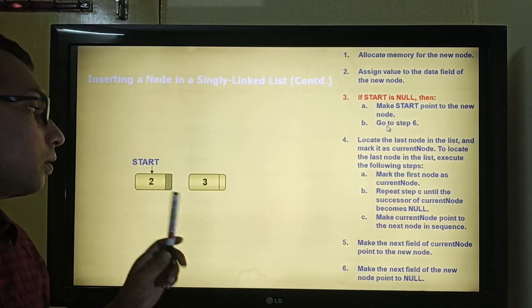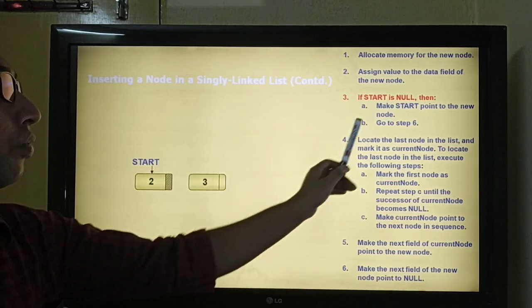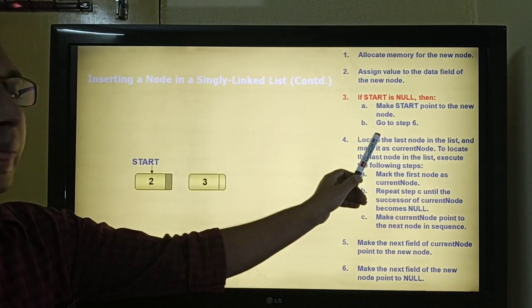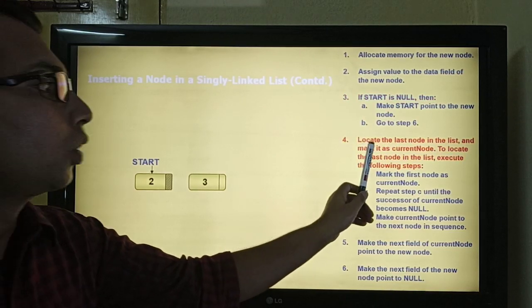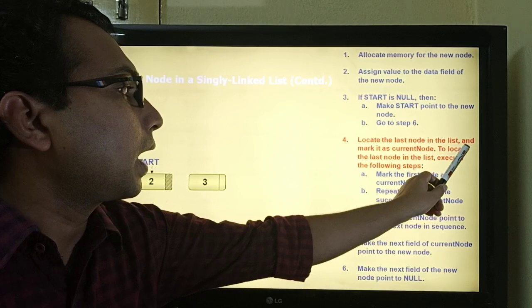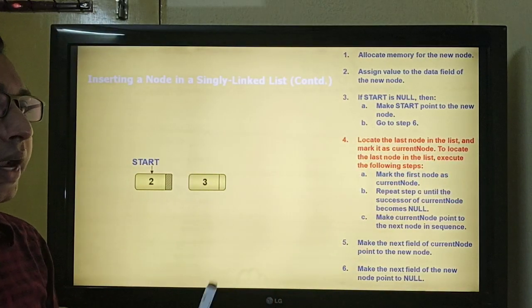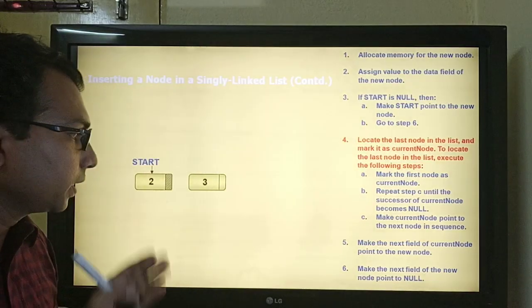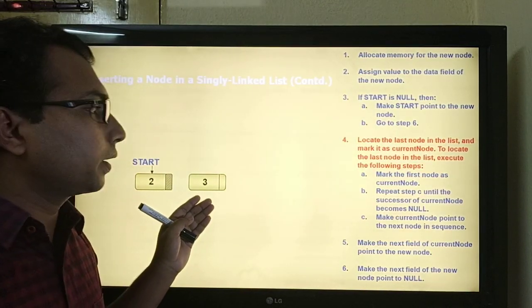No. Here, start is pointing to the first node in the sequence. Hence, we will not enter into this step. We will directly move to step number 4, where it says locate the last node in the list and mark it as the current node. So we have to locate the last node in the list, after which a new node is to be inserted.